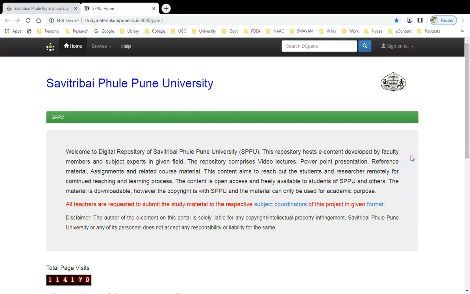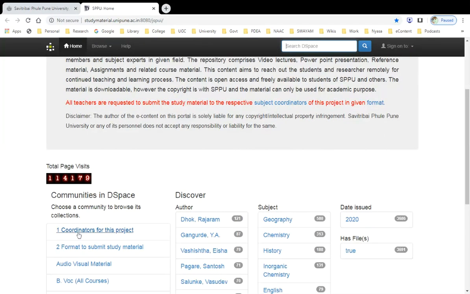Then this is the search window from where you can search for the subject you wish. This is the sign-in for the administrators or e-content coordinators. Here you will get the list of the coordinators for the subjects. The teachers' community should access this to know who is the coordinator for a particular subject, so that the teacher can submit their e-content to this coordinator, and this content will get uploaded on this site.